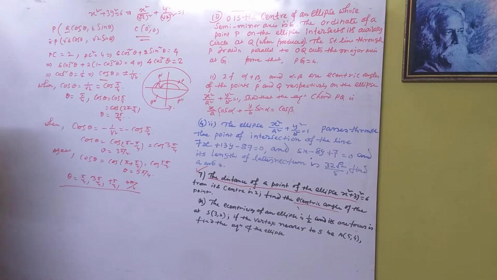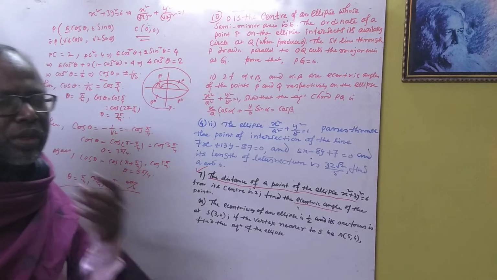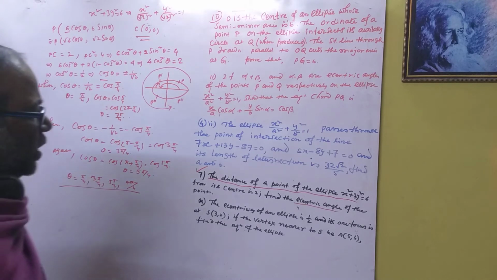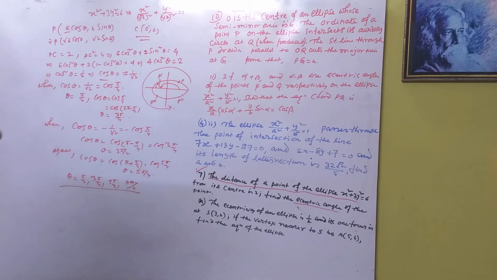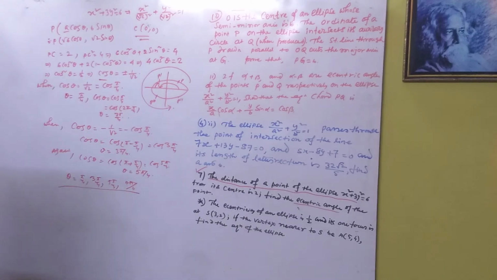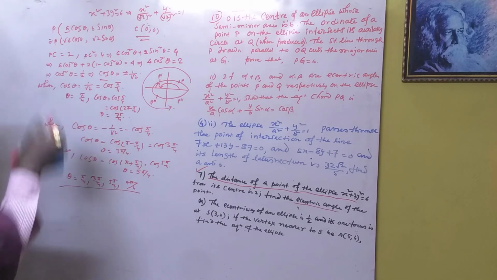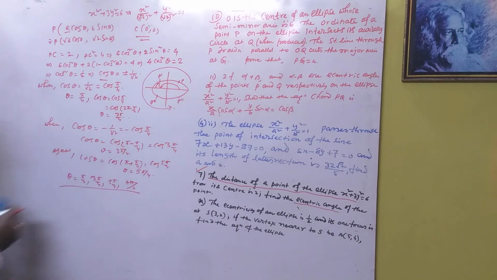Therefore these four are the eccentric angles with the condition that the distance between the center and the variable point P is 2. So question 7 is solved here, see carefully. Now we go to the next question. This is a very important question, and it needs to be drawn carefully. See again the solution of question number 7.